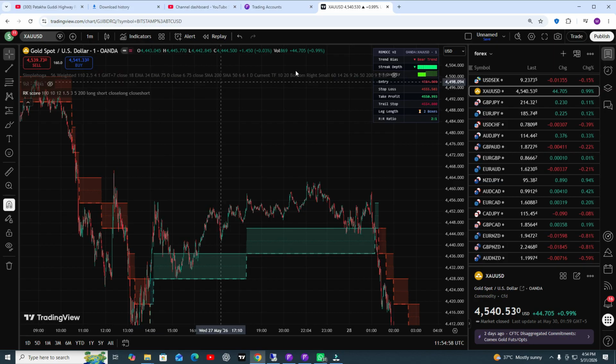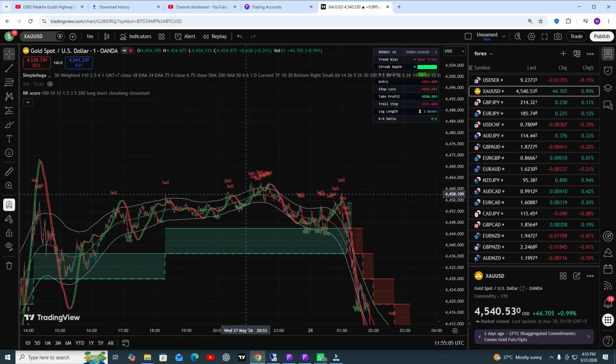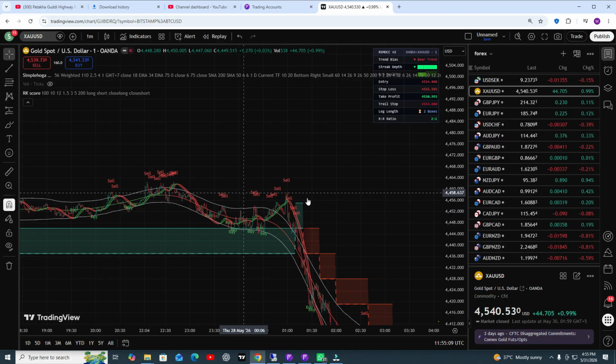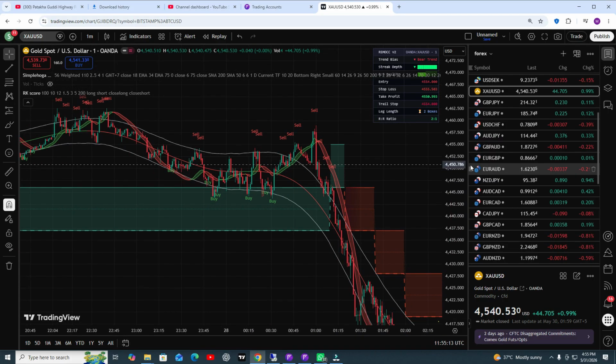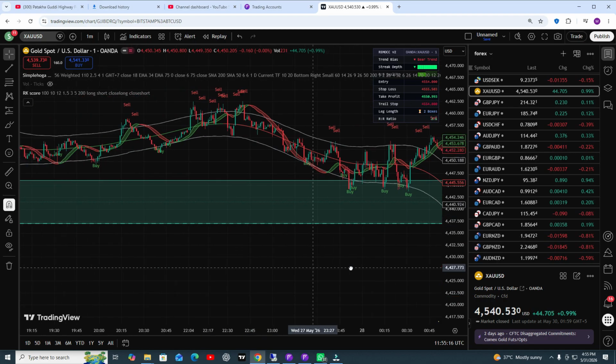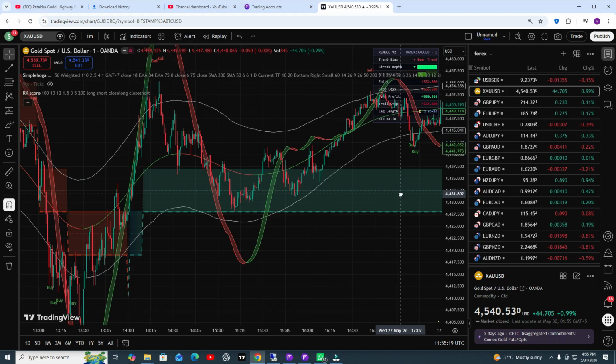Let's add the second indicator. The second indicator will give you a lot of buy and sell signals. First we will discuss the strong signal only, because the strong signal is our strategy, but I will also give you the strategy for how you can catch the weak signal as well. The strong signal is when you see the trend is green.